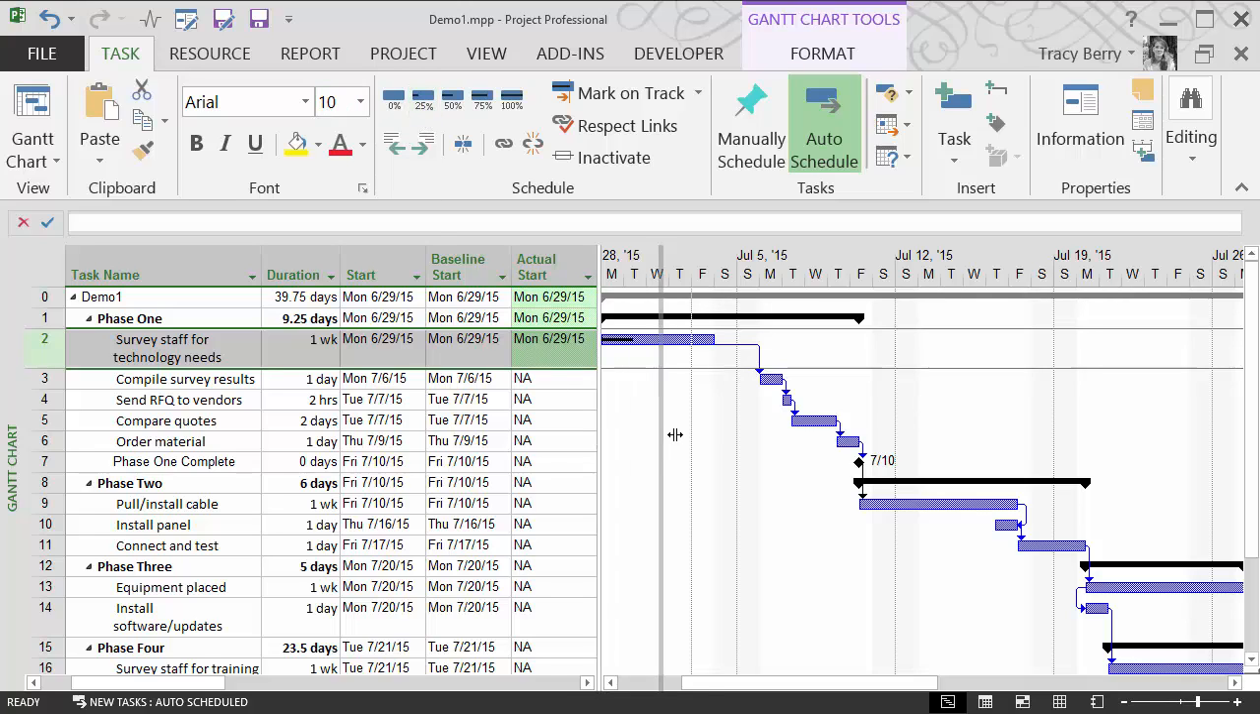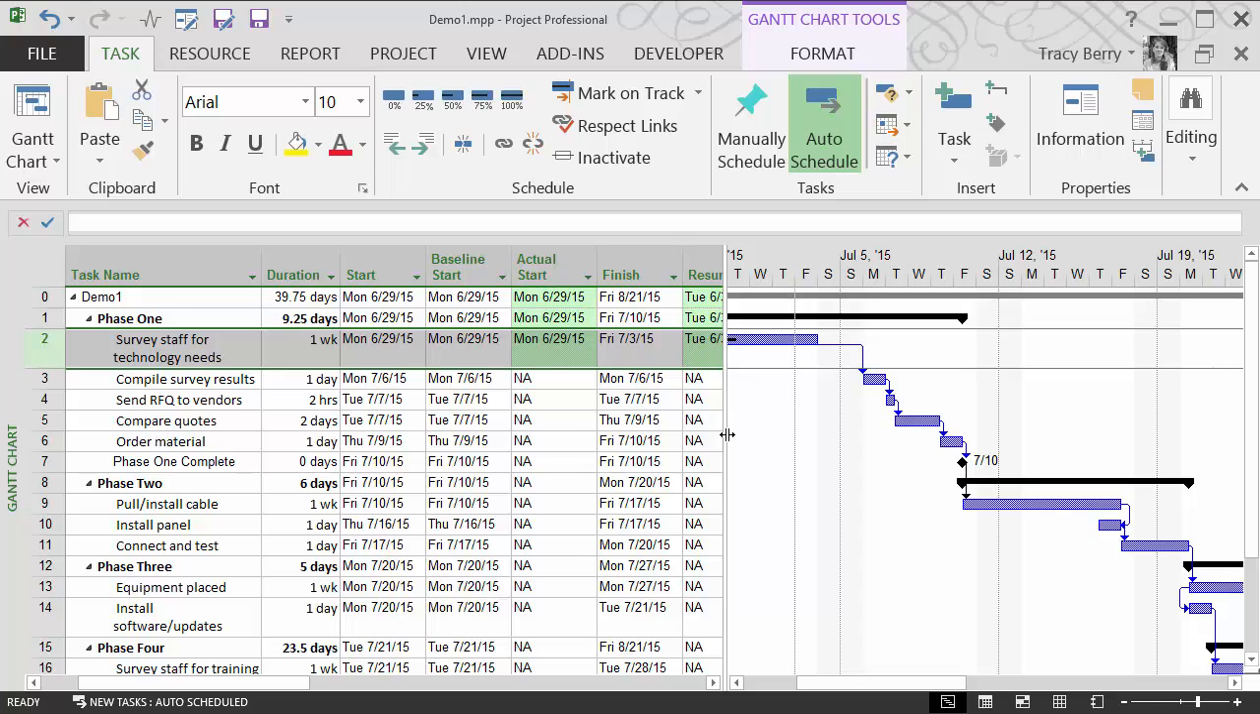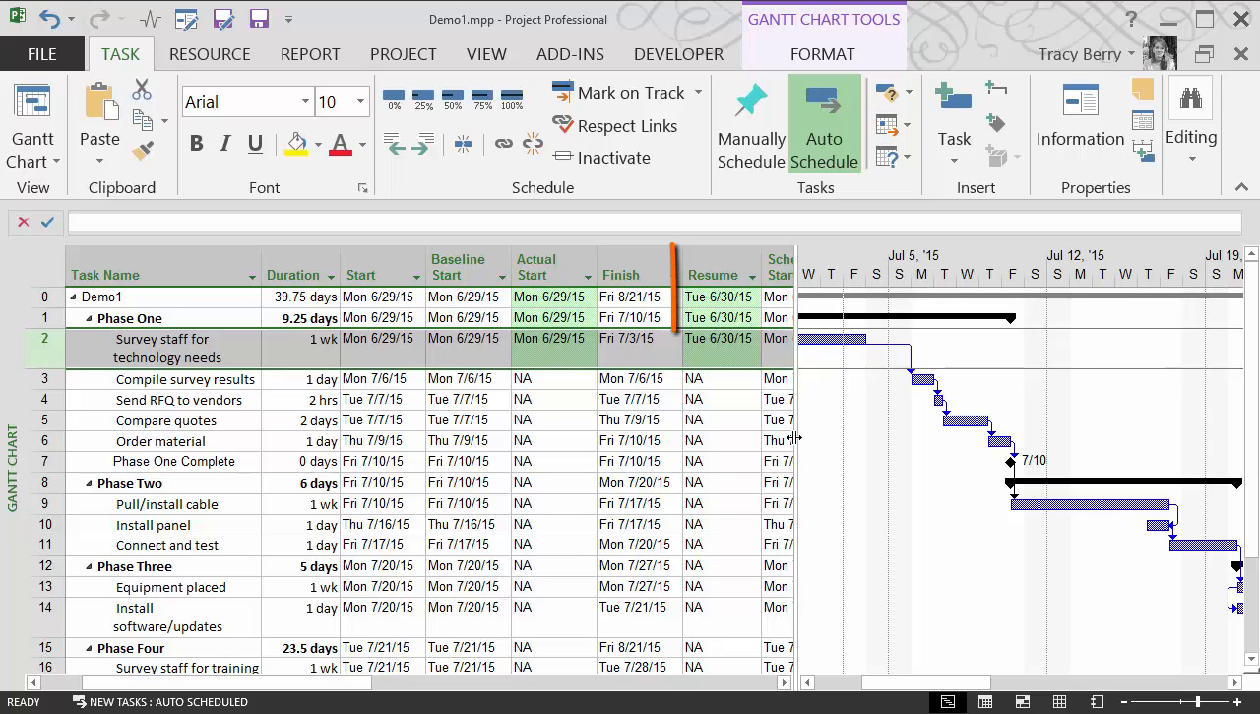And notice, of course, that the 6/29 did show up as the actual start. Another column to take a look at is the resume column. So although it doesn't have start in the title, it will tell us when the remaining amount of work/duration will begin again. We'll go ahead and mark a little more activity complete. And notice it is now showing, since 50% of the task is complete, that we will resume work again on